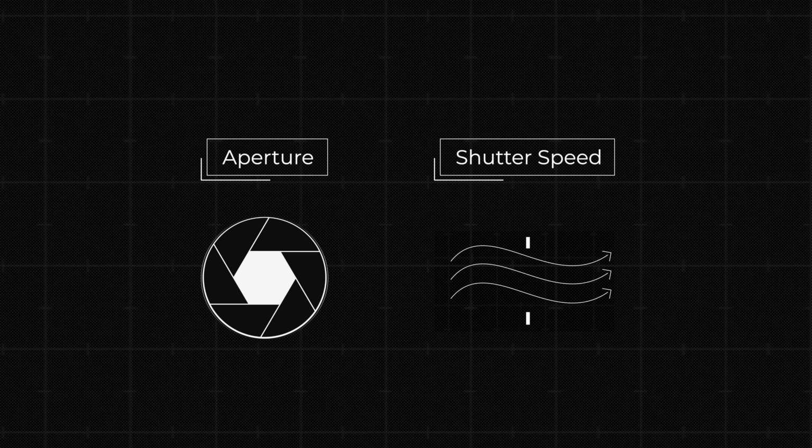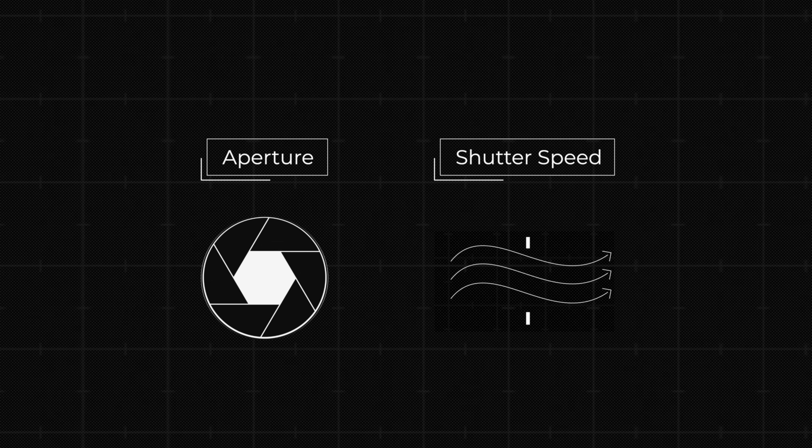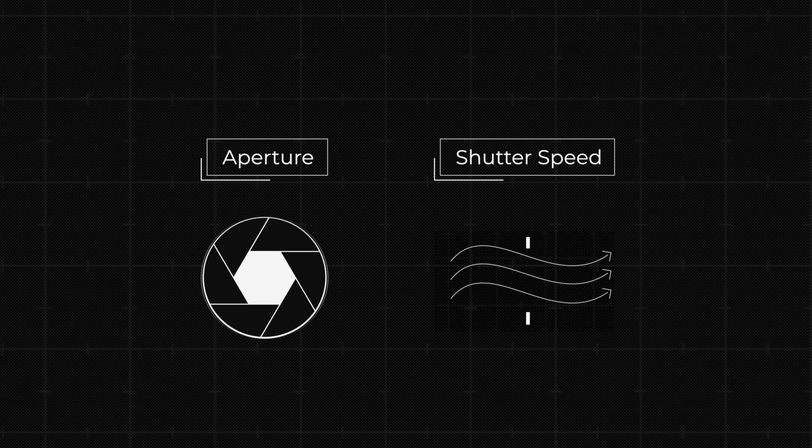Now we come to the last part, which is treatment of light. Now we've already learned that light enters the camera through the aperture, through the open shutter curtains, and it is at these 2 points that we can control the amount of light and how this light is treated. Let's look at shutter speed first. Now, conventional wisdom tells us that we want a fast shutter to freeze a motion. But when you go beyond conventional wisdom and you decide not to freeze the motion, but to free the motion,